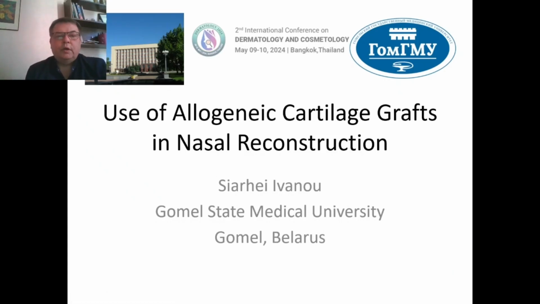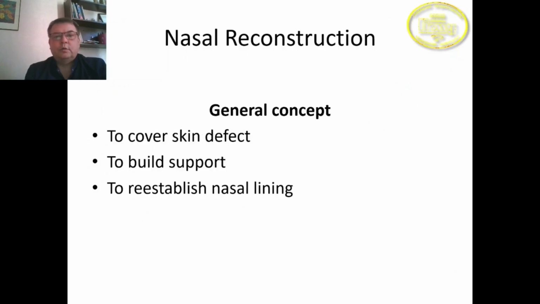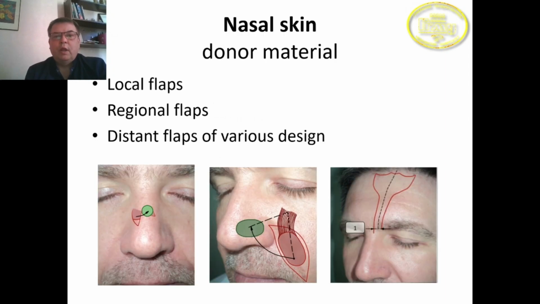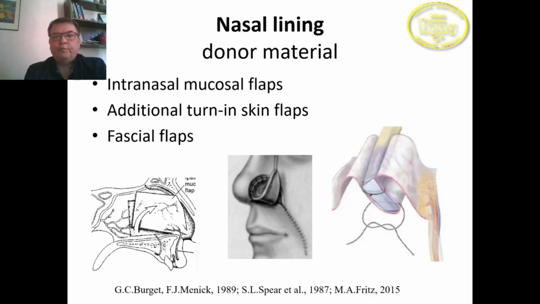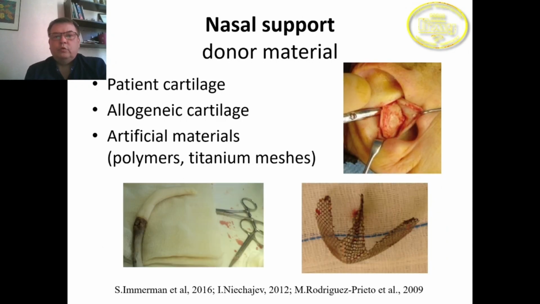Dear colleagues, my report is devoted to the use of allogeneic cartilage grafts in nasal reconstruction. The current concept of nasal reconstruction includes separate reestablishment of all layers of nasal tissue. We have to cover the skin defect using a skin flap of adequate size and design. The inner nasal lining can be formed using intranasal mucosal flaps or additional turn-in skin flaps or fascial flaps. We have to provide stable nasal construction using